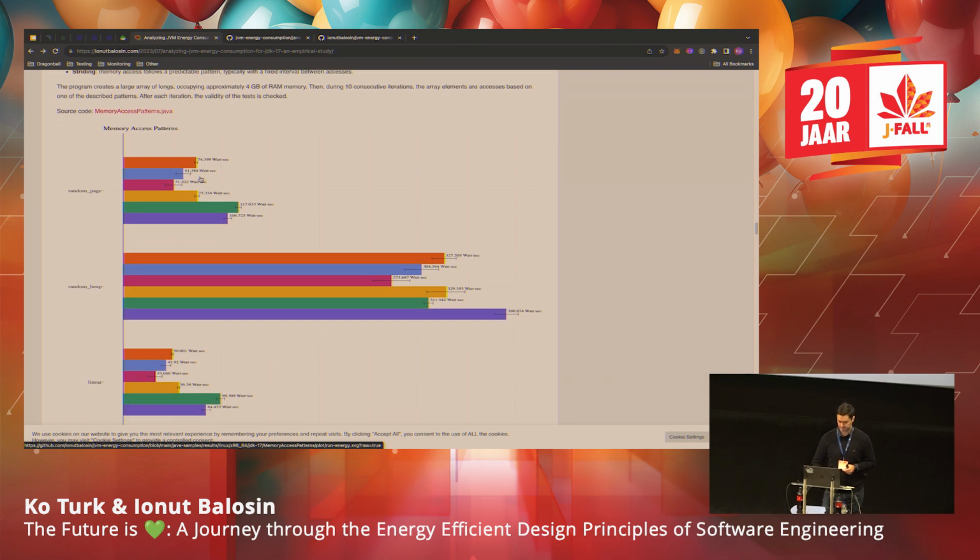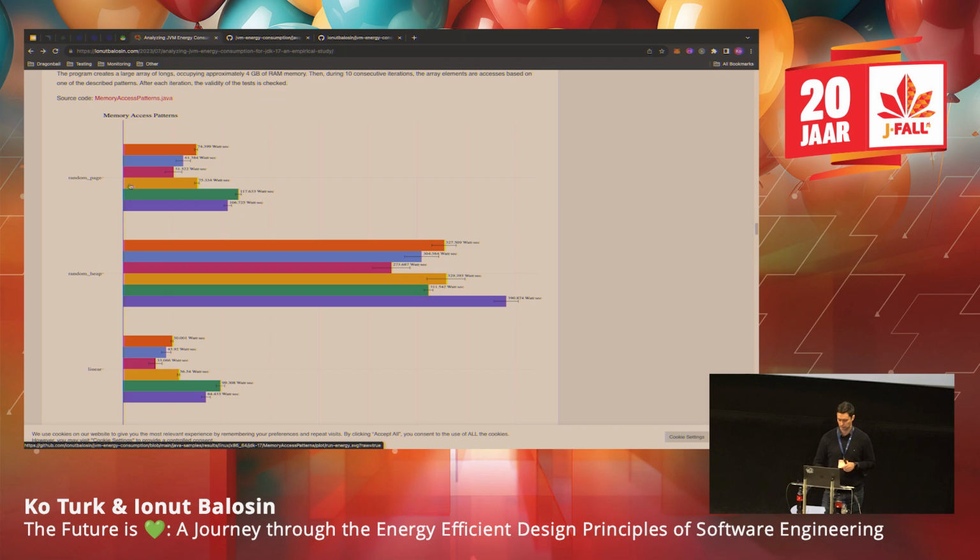And we did this. We tried to access elements out of those arrays in a very random order. We just created random index accesses across the full 4 gigabytes, and therefore you can see how much less efficient it is in energy. Because of course the CPU has to do more work. There are more cycles to fetch the elements, put them in the CPU cache, then evict those from the cache, and so on and so forth.